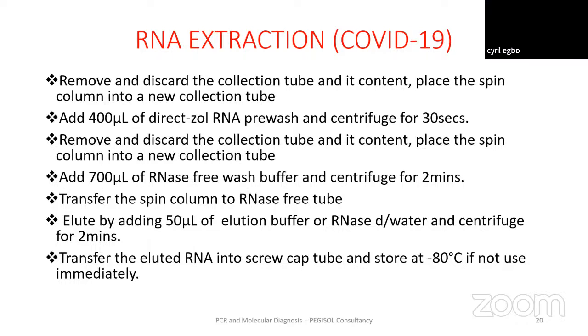Once you add the RNA wash buffer, which is part of the reagent, you centrifuge for 2 minutes, then you transfer it into a new collection tube. Then you add your elution buffer. You can add 200 microliter, 50 microliter, or 100 microliter, as the case may be, depending on the concentration. Since you have collected it in a collection tube, if you want to store, you can transfer it into another cryovial,